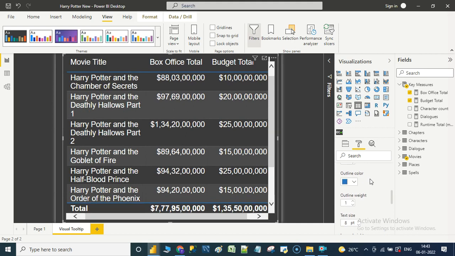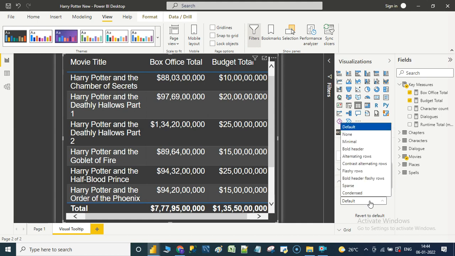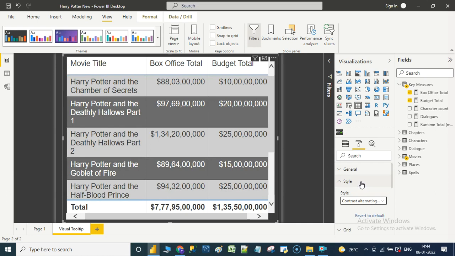Having done that, we shall beautify this visual a bit. Let us go to style in order to do that. Since we have a default option, let us take some interesting features in order to beautify the visual. Let us take contrast alternating rows. Secondly, let us change the color of the column headers.